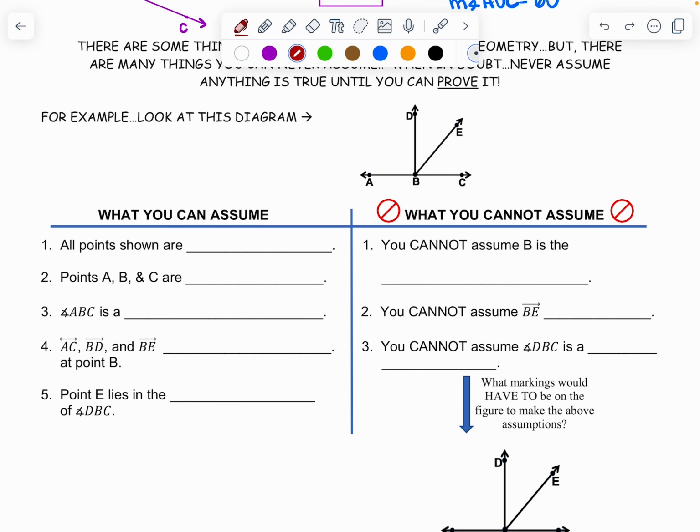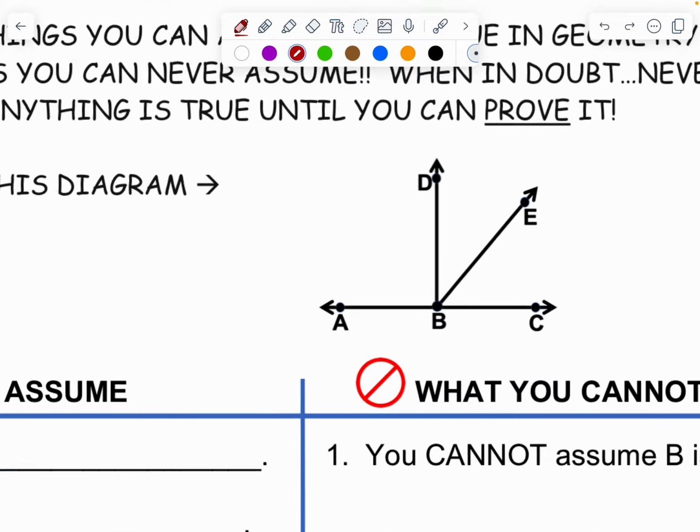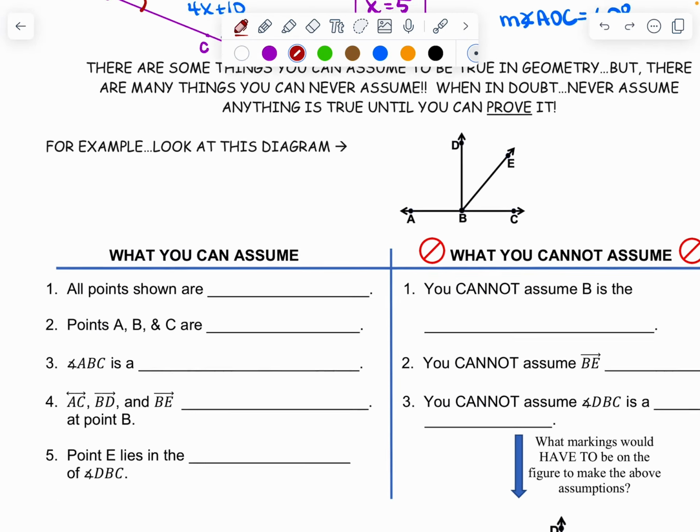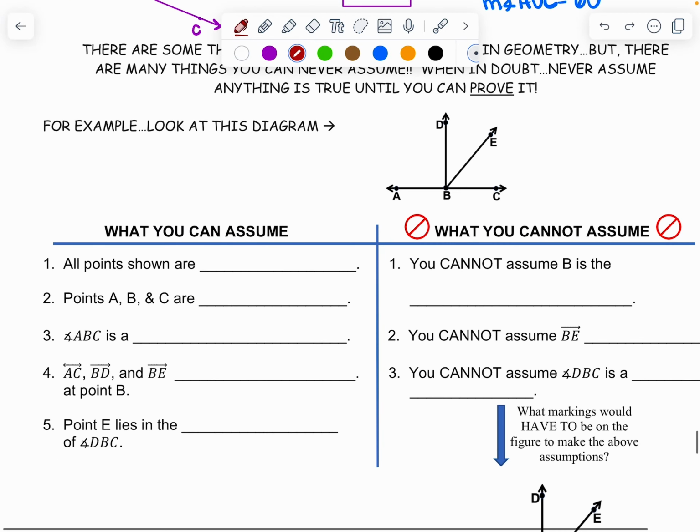Notice it's a very short list. And most of these things you wouldn't even think about. They're just so common sense that you wouldn't think about assuming them versus not assuming them. So here we go. If this is our diagram, with all these rays and angles happening, you can assume that all the points in that diagram are coplanar. So that is a flat two-dimensional drawing, and they're all existing on that flat surface, which you probably wouldn't even